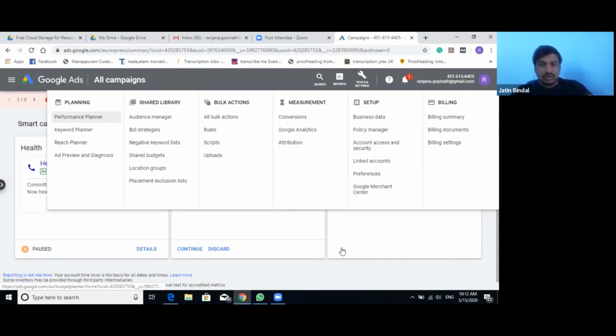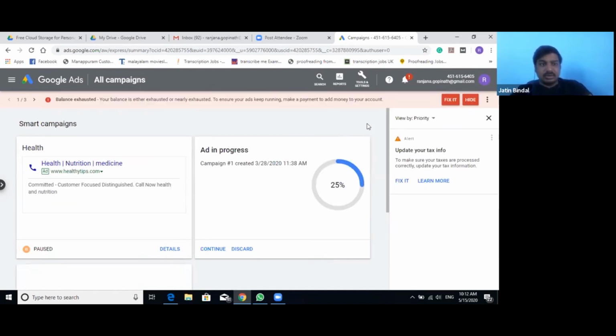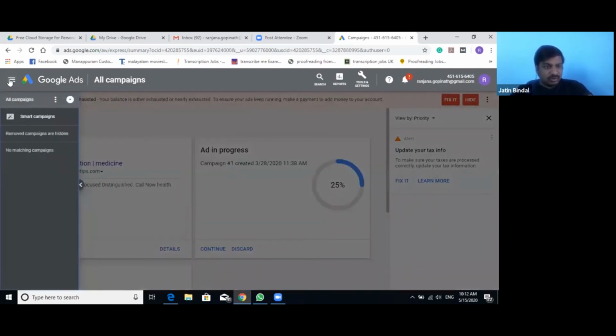Can you click on this bell icon, if it allows you? Just click on that. Can you click on the three lines on the top left-hand side, the navigation bar? You are not getting an option.